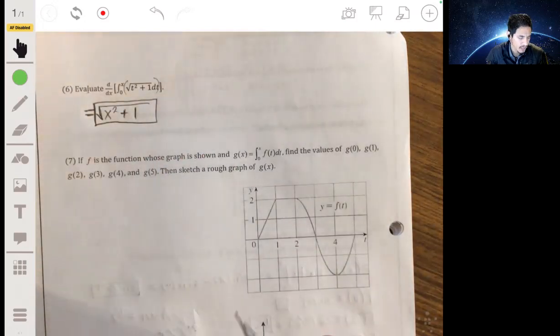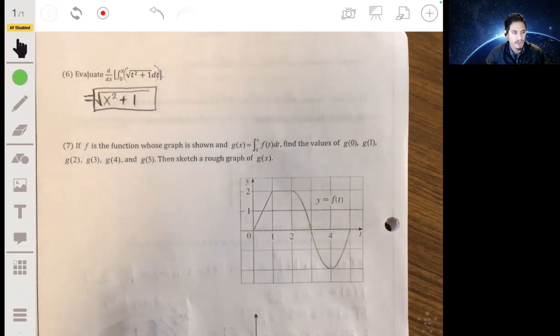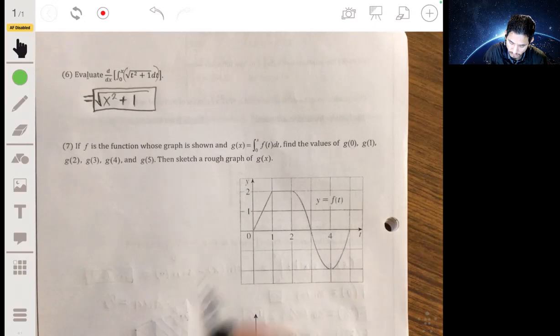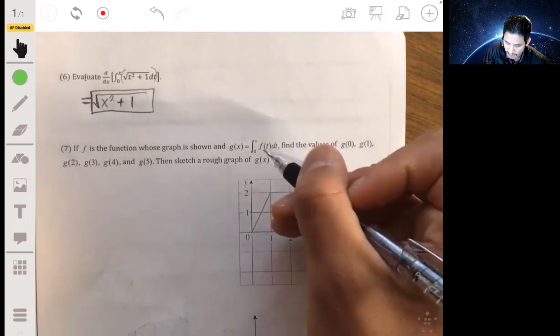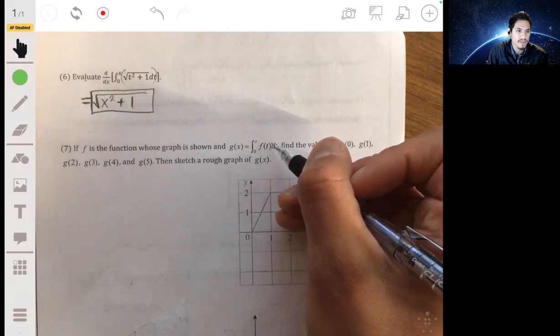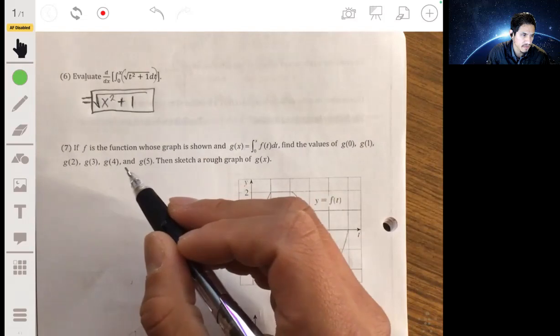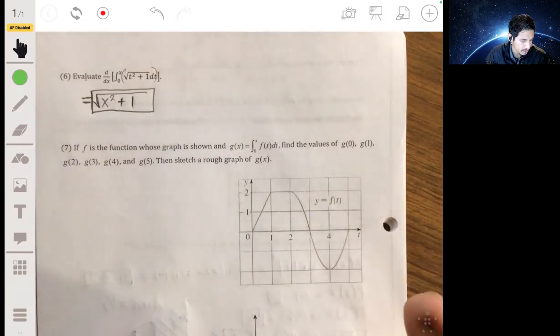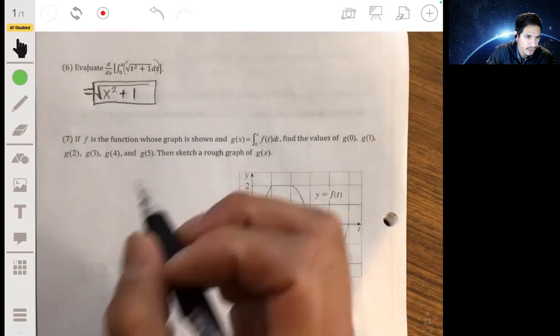That's it. Now let's look at another graphical example of what's going on with this sort of function, so we can gain some more conceptual understanding. So here we have a function f shown here, and we have that g of x is equal to the integral of f of t from 0 to x. I want to find g of 0, g of 1, g of 2, g of 3, g of 4, and g of 5. So similar to the problem that we just did on the previous page,